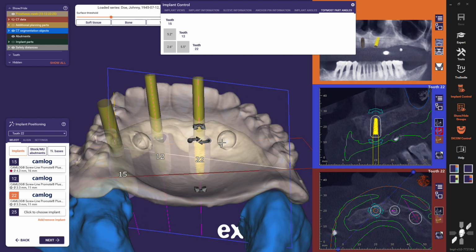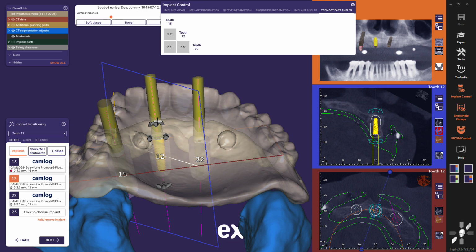When I'm switching between implants to adjust the planning, I activate the implant I want to adjust by double-clicking it with the left mouse button.